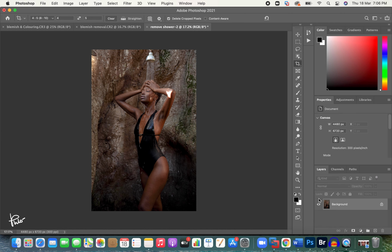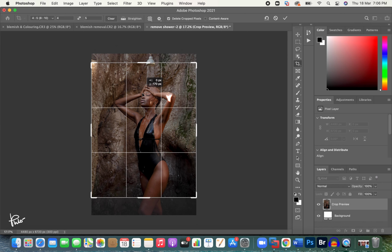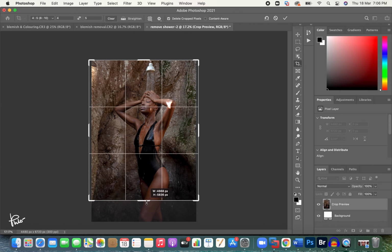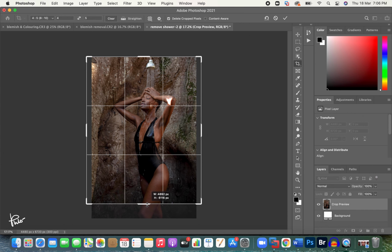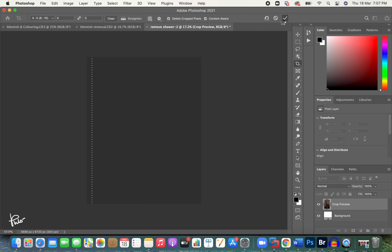So I want to crop this, right? I'm going to press C for crop tool. And you can see I'm losing the shower, right? So I'm just going to drag this up a little bit. And now I'm losing out on her thighs. I can just bring the crop down a little bit and then check content aware, press OK, let Photoshop do